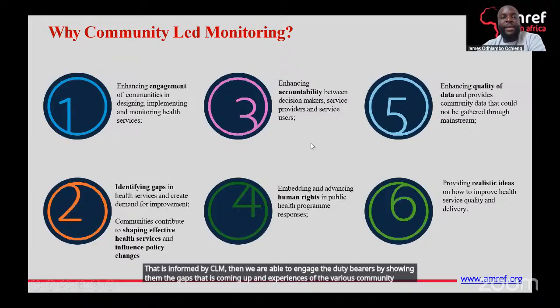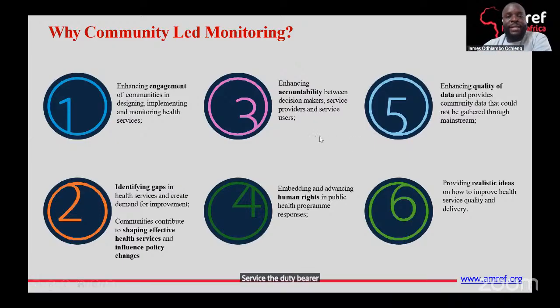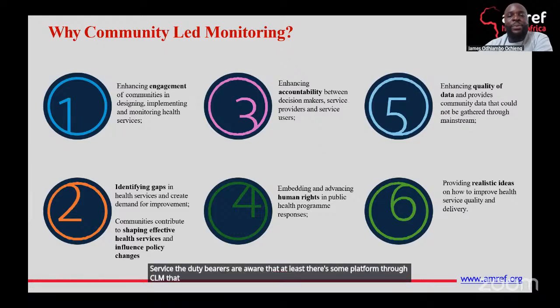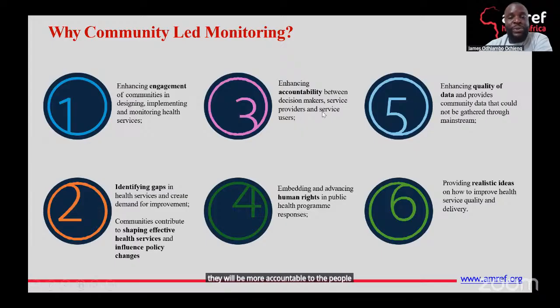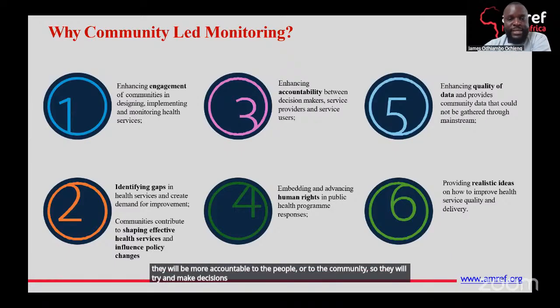We also show them the experiences of the various communities as they receive care. Then there's that aspect of enhancing accountability. Once the duty bearers are aware that there's some platform through CLM that the communities are able to give feedback, they will be more accountable to the community. So they will try and make decisions that are beneficial to the general population or the different communities that we have.